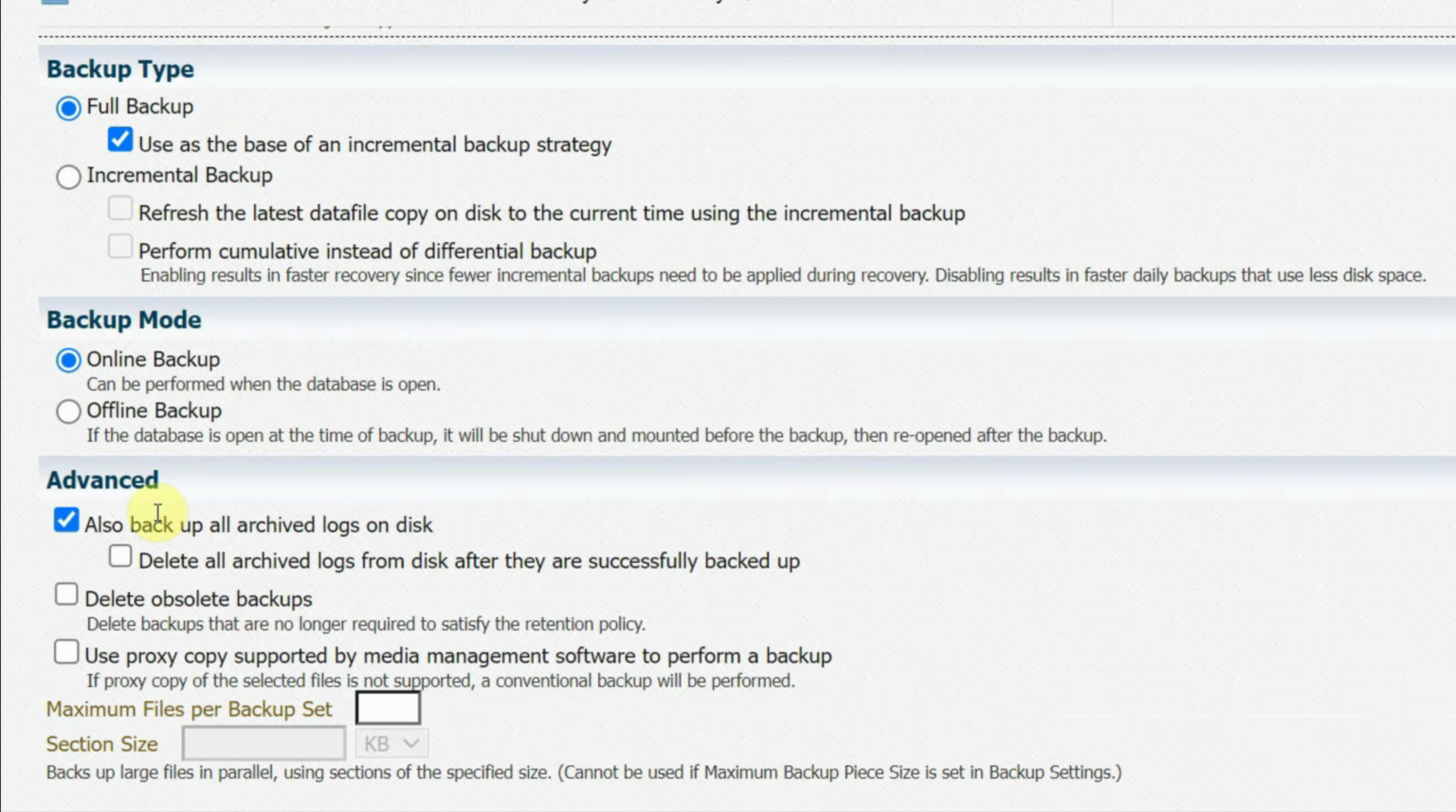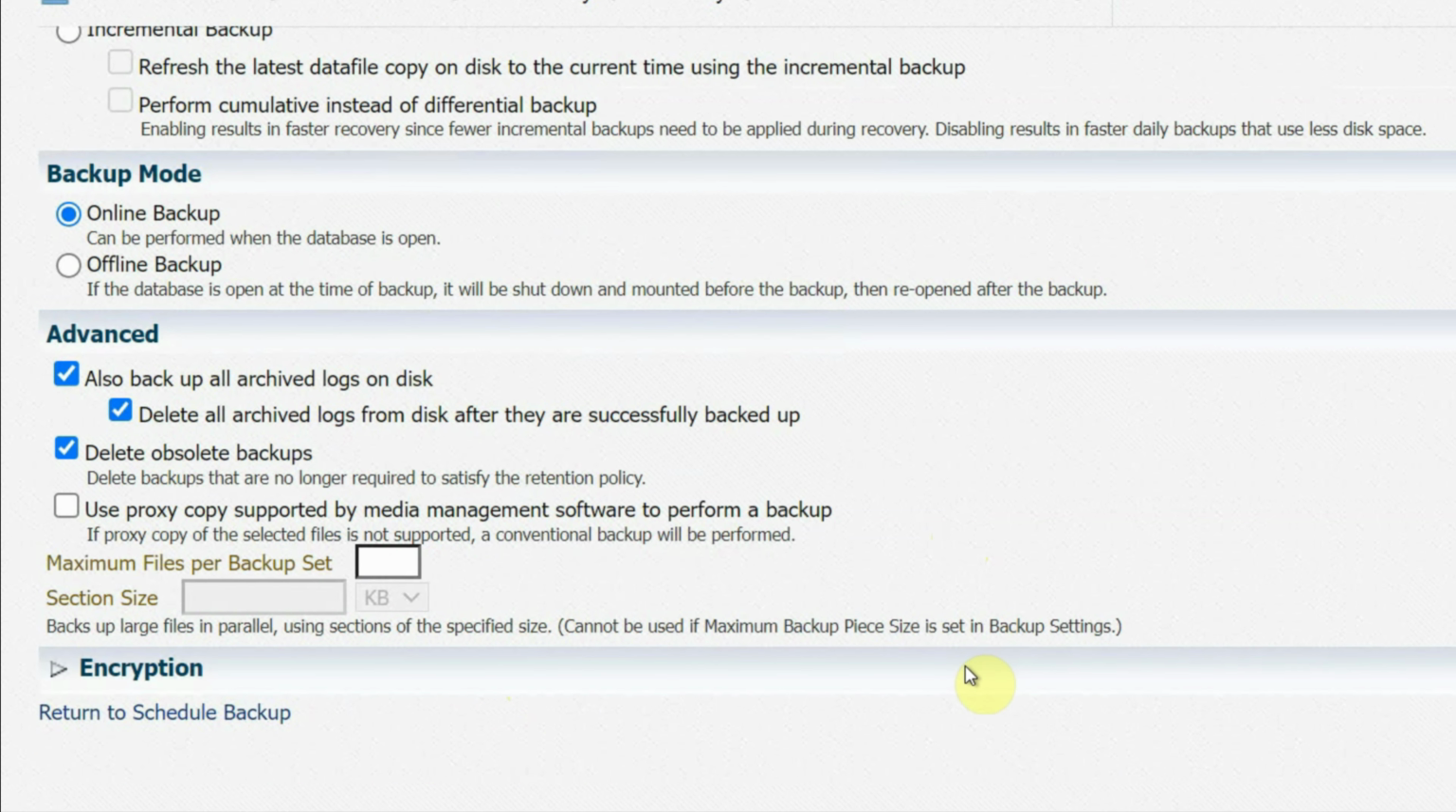Under the advanced section, we will select this option, also backup all archive logs on the disk, and the other option, that is delete all archive logs from disk after they are successfully backed up. And then we will also select this second option, delete obsolete backups. We don't have to select this use proxy copy support by media management software to perform a backup, this particular option. And under the encryption section,